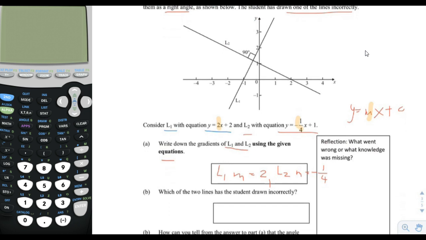Which of the two lines has the student drawn incorrectly? Okay, just based on the fact that the gradient of L1 is 2 and the gradient of L2 is negative 1/4, we can start to suspect that there's something wrong, because if we look at the graph, they are perpendicular to each other. But as we saw in the last problem, if one of the gradients is 2 and the other is negative 1/4, which are not negative reciprocals, then we know that they can't be perpendicular. So we know that one is wrong, but which one is wrong? Well, we can figure that out by using